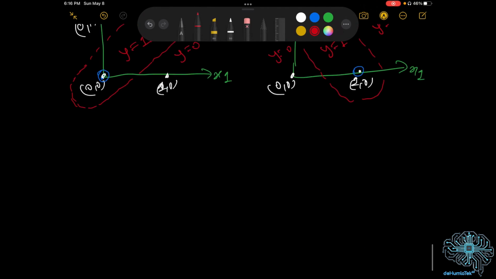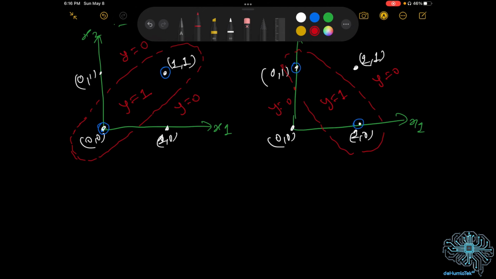If this is the input, I'm just trying to give some idea of how this multi-perceptron will look. Now, instead of a single neuron, we have multiple neurons. This goes to every neuron, and this goes to every neuron, and this is the output